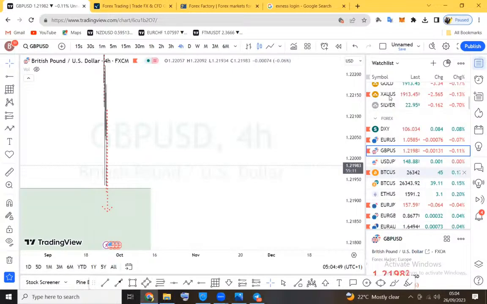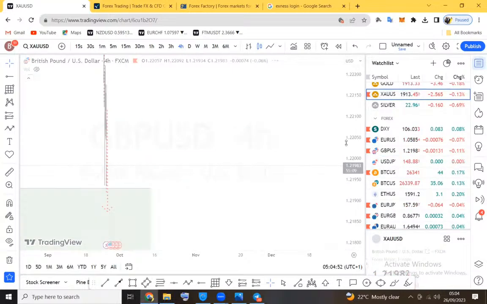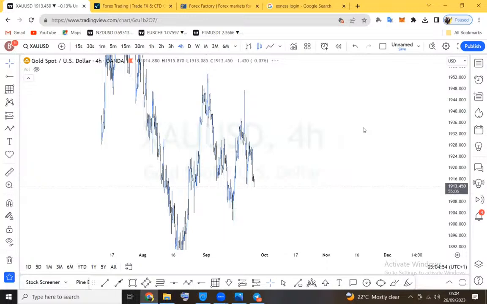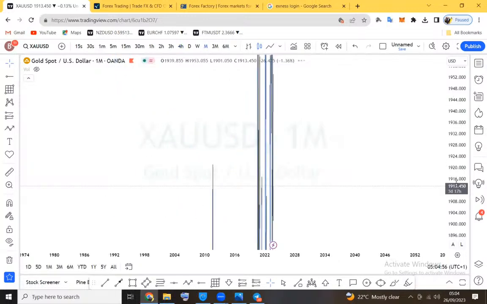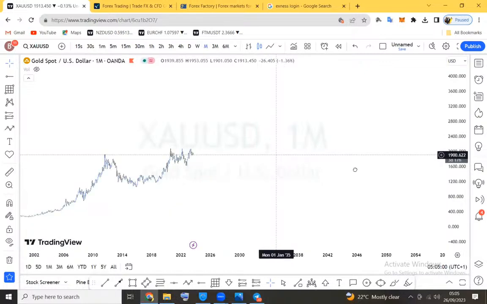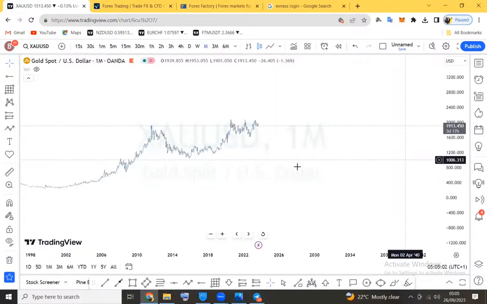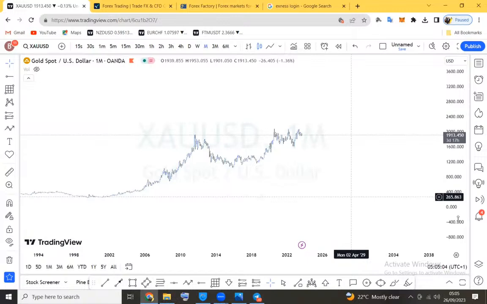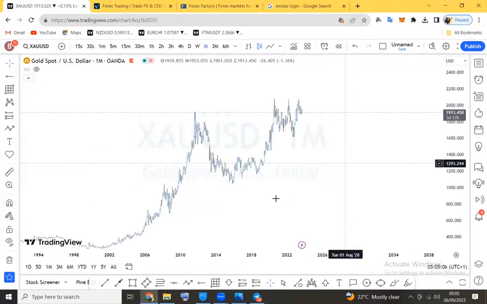So gold is one of those pairs that a lot of traders are trading nowadays, and it is very vital that we look into the currency that is gold. Gold is a metal. Gold has been in a massive uptrend for a very long time, and gold is basically looked upon as a store of value.